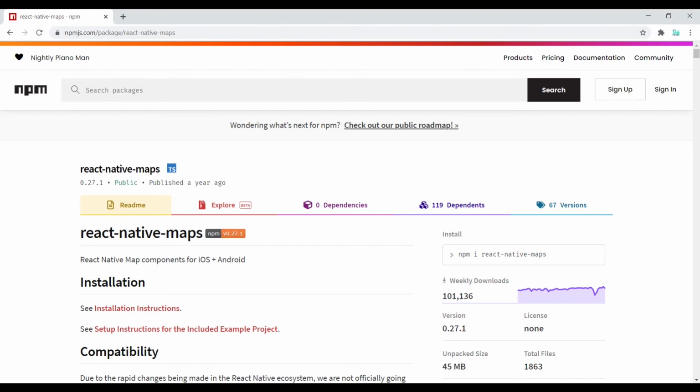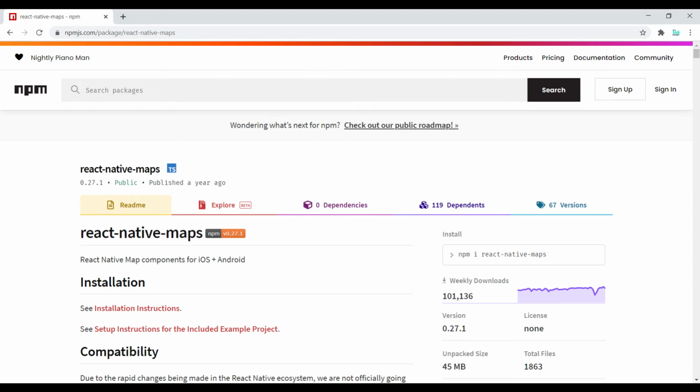So React Native Maps is a very widely used library and very compatible with devices. It provides you a facility to include maps in your projects. Also the marker on it, polygon, polyline, circle, overlay, heat map, GeoJSON, and different types of map. Also it allows you to customize your map color and many more.